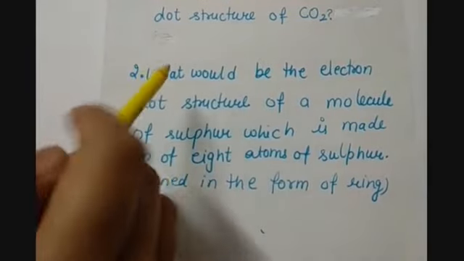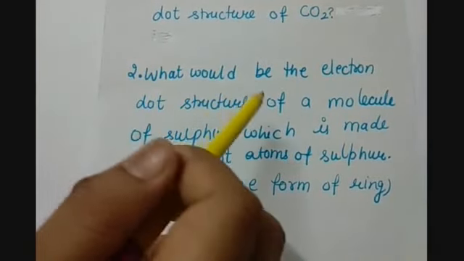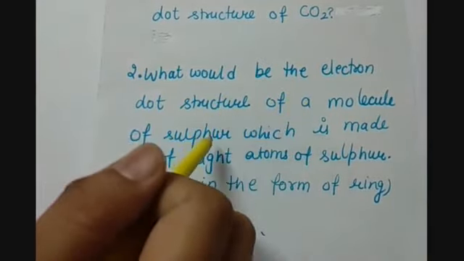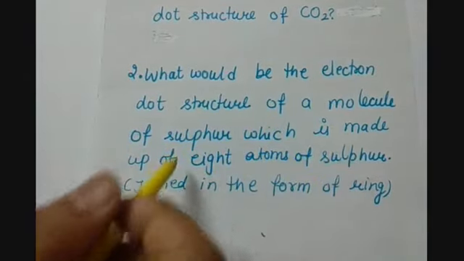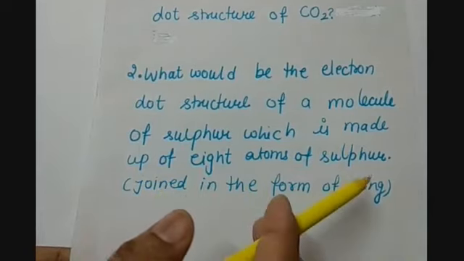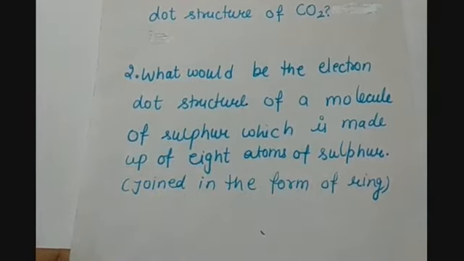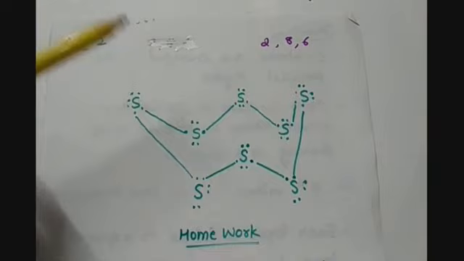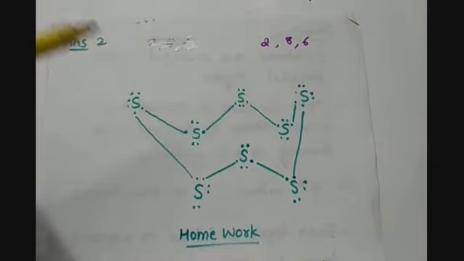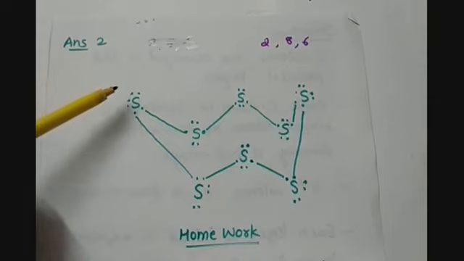Our second question is what would be the electron dot structure of a molecule of sulfur which is made up of 8 atoms of sulfur joined in the form of a ring? So the answer for the second question is, as we know, sulfur has electronic configuration 2, 8, 6, that is atomic number 16. So each sulfur atom has 6 valence electrons. So these 6 valence electrons are